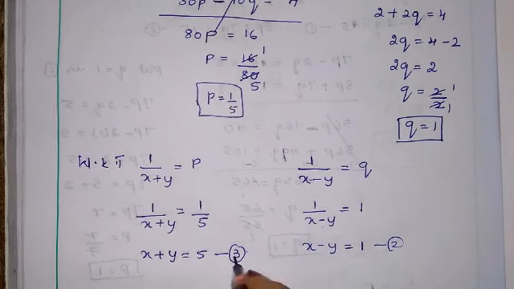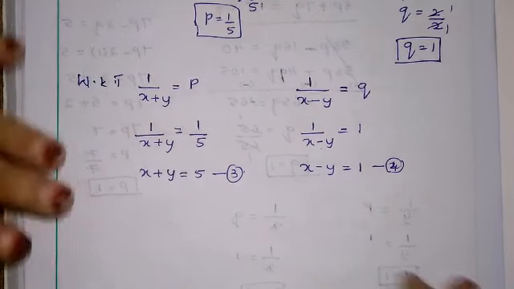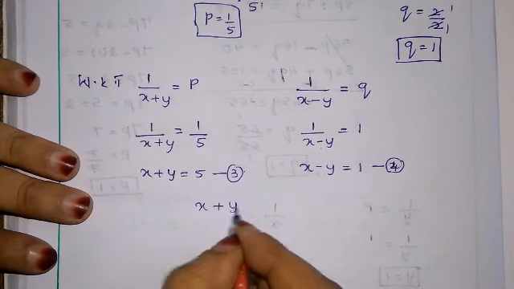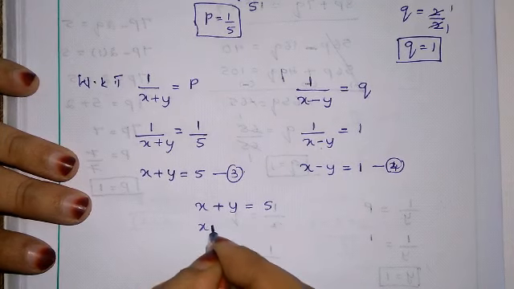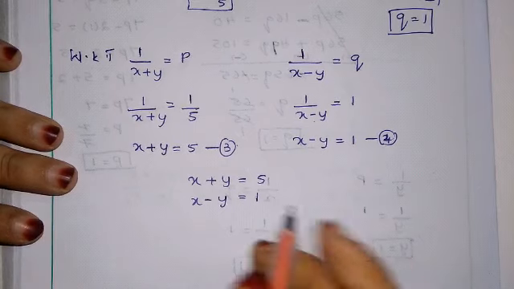Equation 2. Sorry, 3 after 4. Now in the same way, solving 3 and 4: x plus y is equal to 5, x minus y is equal to 1. Solving 3 and 4 we get,